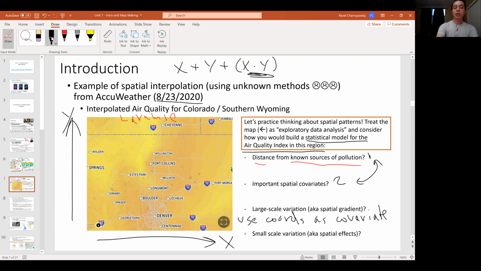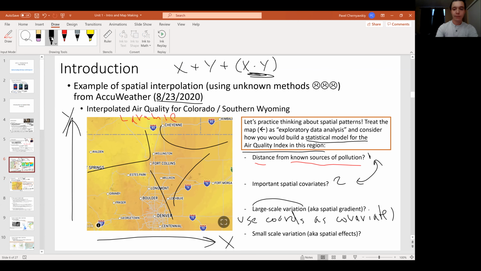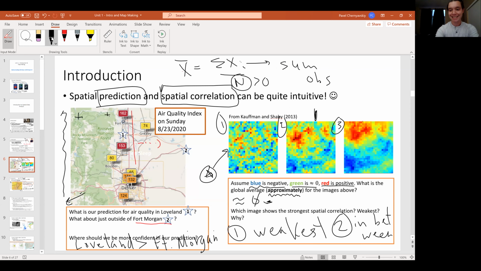Probably. The air seems pretty good in the northwest, pretty bad in the southwest, pretty bad in the northeast, and average in the southeast. I think this might be a pretty good strategy for this particular picture. But that is really broad brush strokes. This is large scale variation. I'm sure there'll be something left over. There will be errors, residuals that will be left over that will look a lot more like this